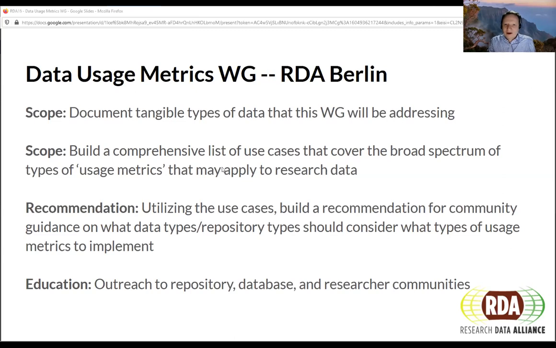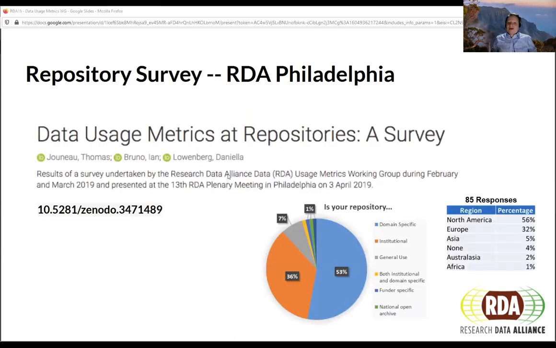Okay, thank you. So I'm just going to talk mainly about the most tangible outcomes to have come out of the time that this group's been running. One of the things that the group decided to do was undertake a survey to try and assess people's appetite, interest, and ongoing current activity around data usage metrics. And we reported on this survey at the RDA plenary meeting in Philadelphia, which was in April last year. The presentations have all been made available through Zenodo. I'm just going to present here the key outcomes from this.